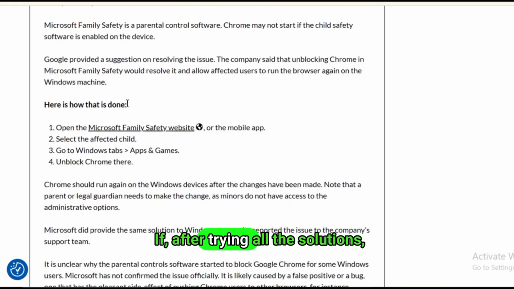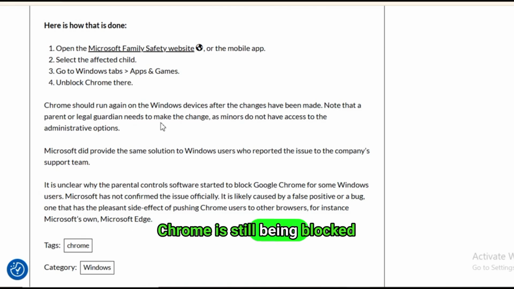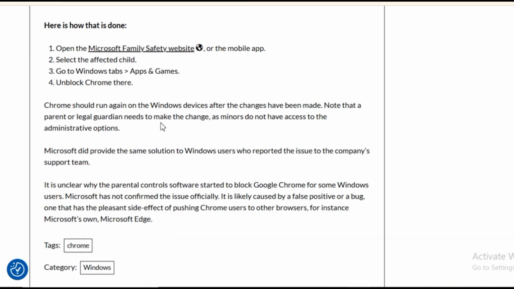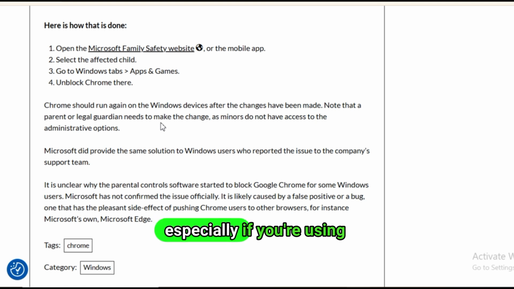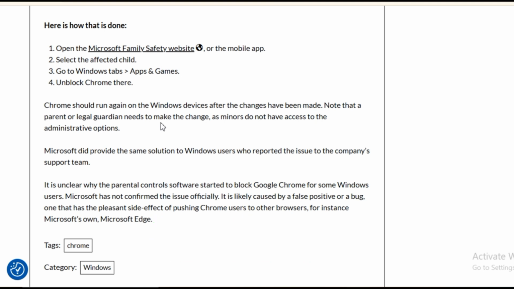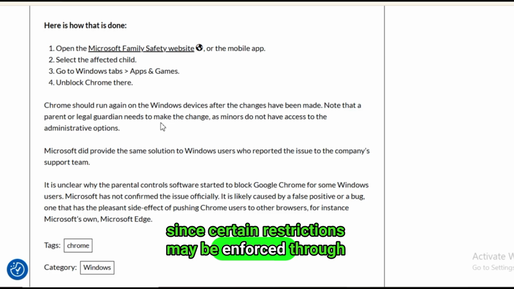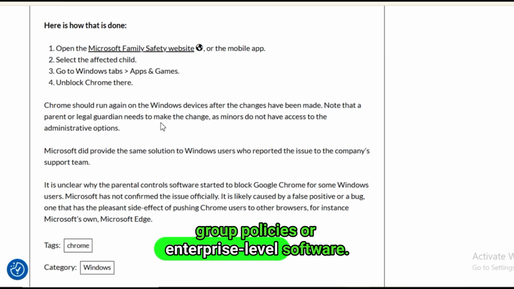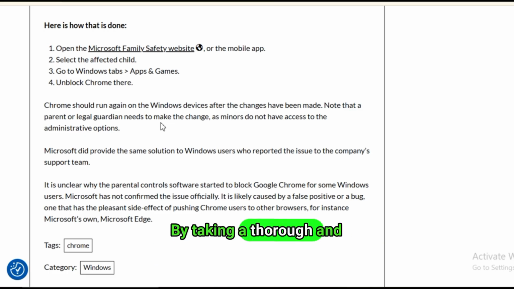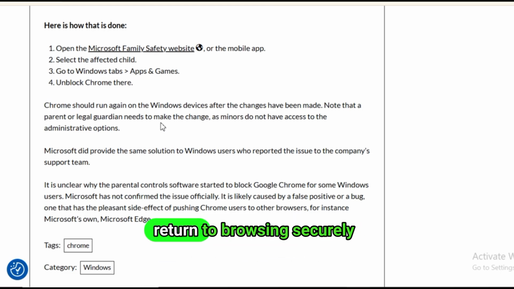If, after trying all the solutions, Chrome is still being blocked or restricted, it may be necessary to consult with IT support or a system administrator, especially if you're using a managed computer, since certain restrictions may be enforced through group policies or enterprise-level software. By taking a thorough and patient approach, you can typically restore full access to Chrome and return to browsing securely